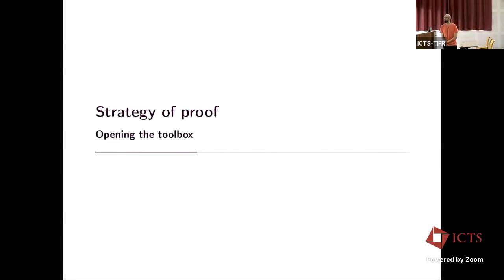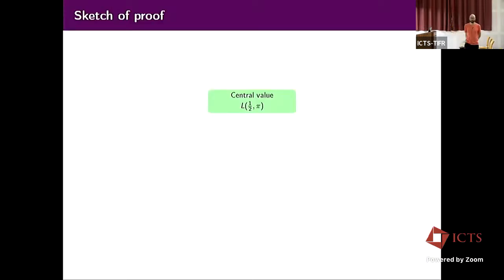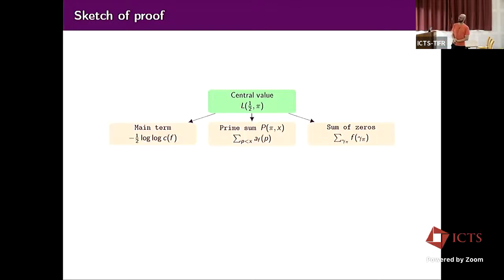So what's the strategy before entering into the detail of the arguments? We want to understand central values of a given L-function. And that will be done, as I said, by using an explicit formula that I explain right after, and that basically expresses it in terms of three big terms. So one which is kind of trivial and transparent, and which will give the mean in the theorem. And then two other much more mysterious terms. One which is a sum of Fourier coefficients over primes, and another one which is a sum over zeros, basically what we never know how to really address in practice.